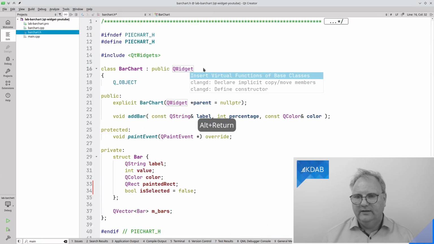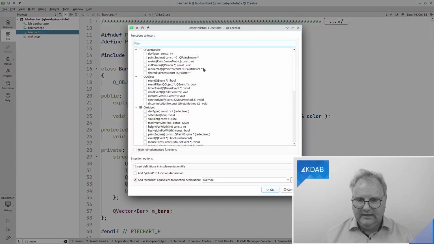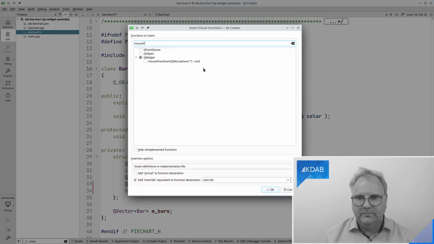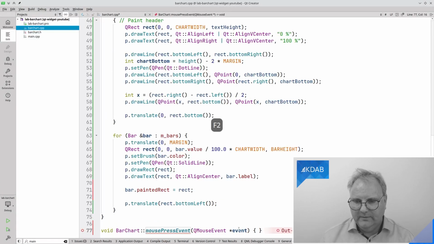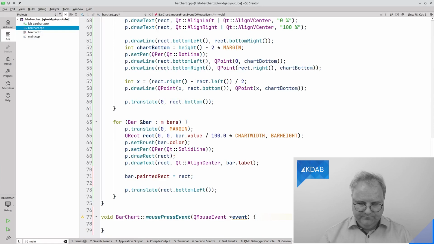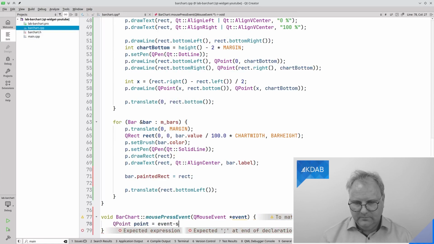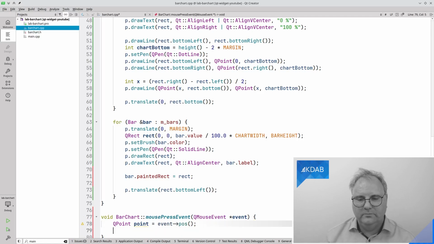Then I will go up here and say, can you please implement for me a mouse press event? There we are, yes please. And I got a protected mouse event here, that's all cool. And in my mouse press event, QPoint equal to event pointer pos. That's the position the mouse was pressed.